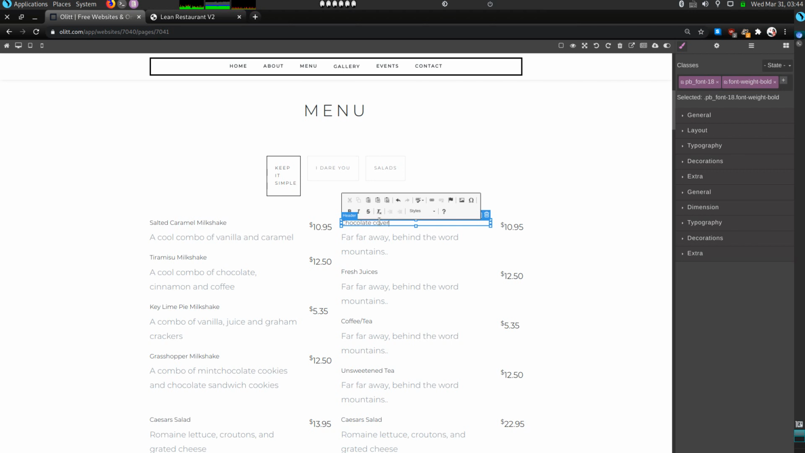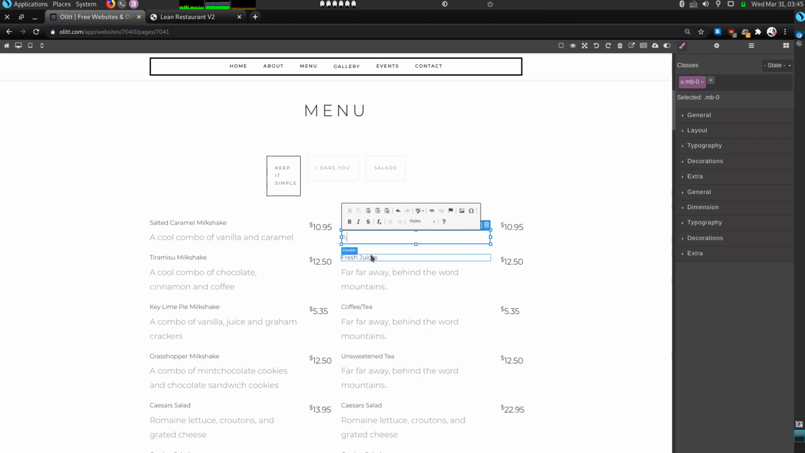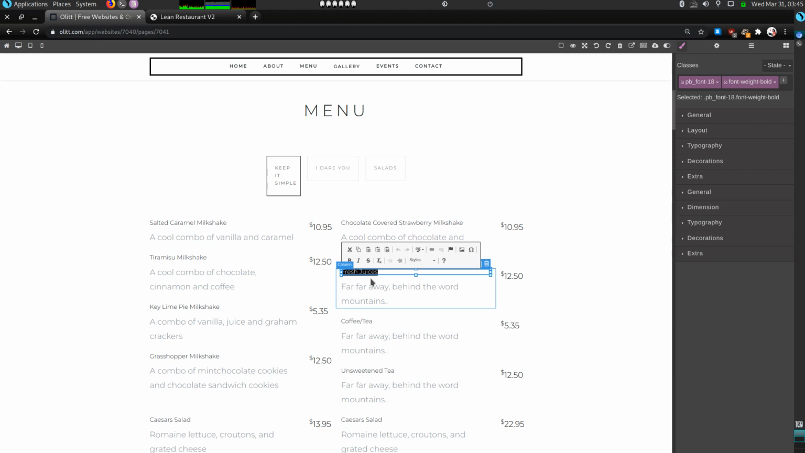chocolate covered, let me change this to capital C, chocolate covered strawberry milkshake, and this is a cool combo of chocolates and strawberries. A cool combo of chocolates and strawberries. The next one is a pecan